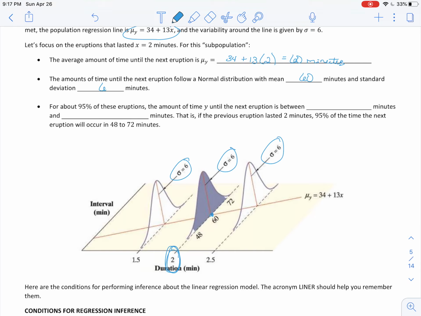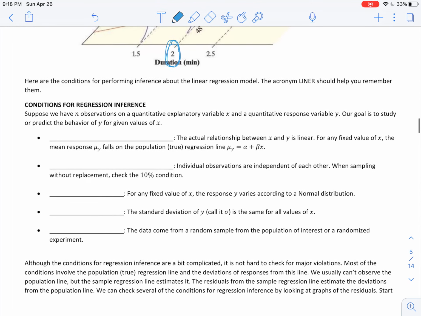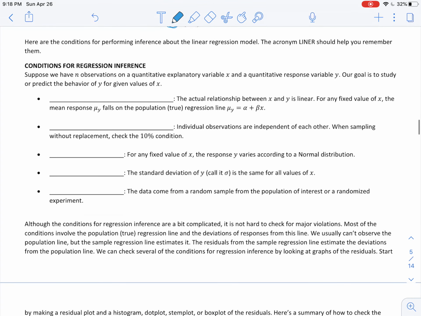Because it's normally distributed, you can use your empirical rule. For about 95% of these eruptions, the amount of time, y, until the next eruption will be within about 2 standard deviations. So it'll be between the mean minus 2 standard deviations, which is 48 minutes, and the mean plus 2 standard deviations, which is 72 minutes. So if the previous eruption lasted 2 minutes, then you have an average amount of time until the next eruption of 60 minutes. But 95% of the time, the next eruption is going to occur